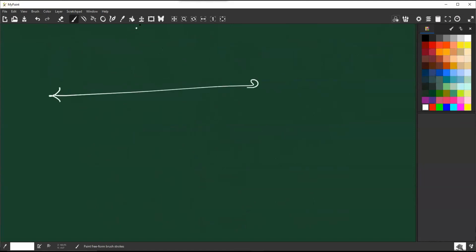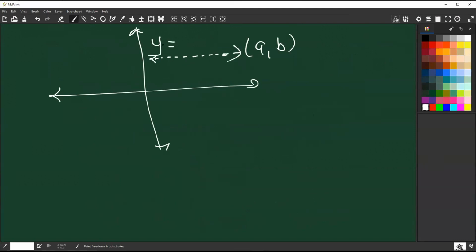Suppose I give you the point whose coordinates are (a, b), and I ask you what is the equation of a line parallel to the x-axis passing through this point. Whenever you see parallel to the x-axis, the equation should be y is equal to constant. The constant is the y coordinate of that point. So y is equal to b will be the equation of the line parallel to the x-axis passing through (a, b). And the equation of the line parallel to the y-axis passing through the same point will be x is equal to constant, that is x is equal to a.